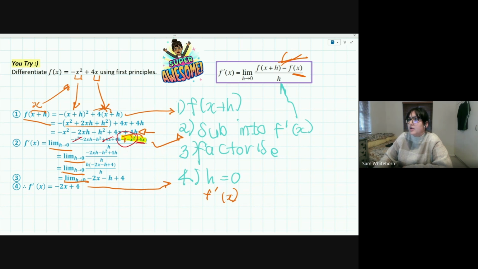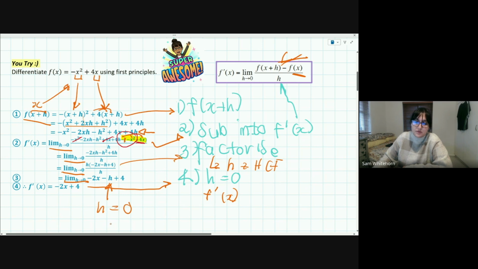Okay, so if we carry on, we can now see that what we have is minus 2xh minus h squared plus 4h. Our third step is to then factorize, and remember, factorizing, we take h out as our common factor. And once we do that, we are then able to substitute or replace h with 0, and we're able to